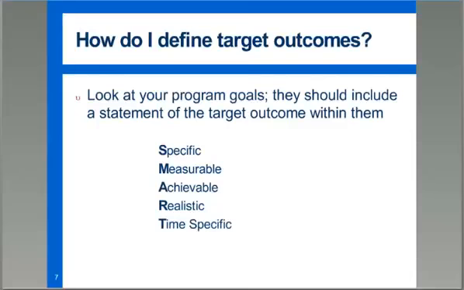If we use English as a second language as an example again, a goal that meets the SMART criteria might be 90% of the clients will be able to understand English instructions spoken by their supervisors within 6 months, asking for any clarifications needed in English. It's specific. They're getting instructions in English in a work environment. It's measurable because we can observe their ability to execute the instructions. It's achievable. It's realistic. And it's time specific, within 6 months.